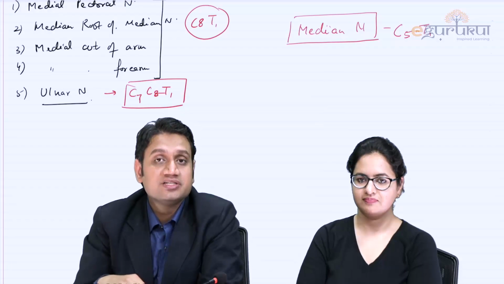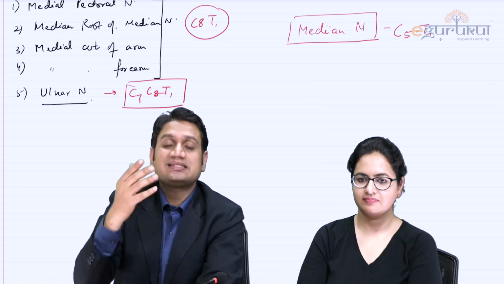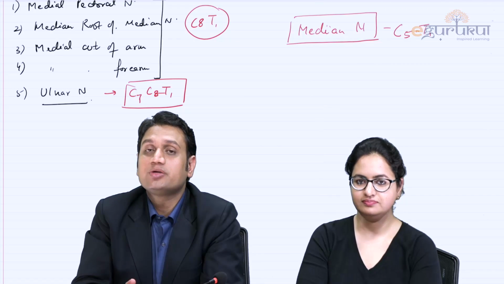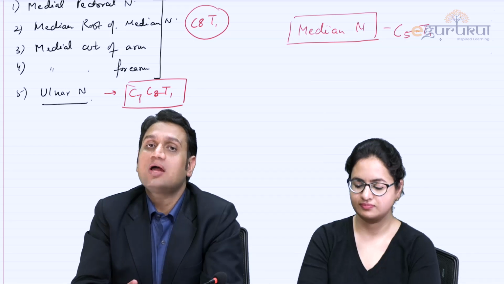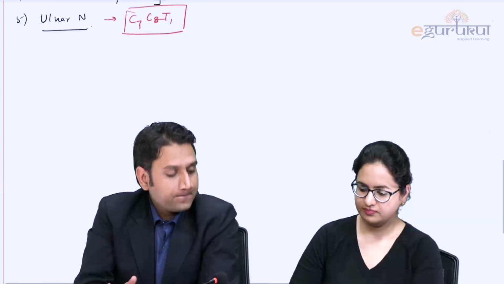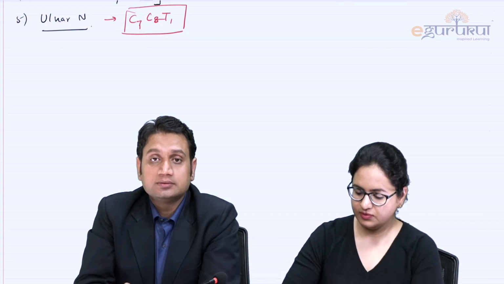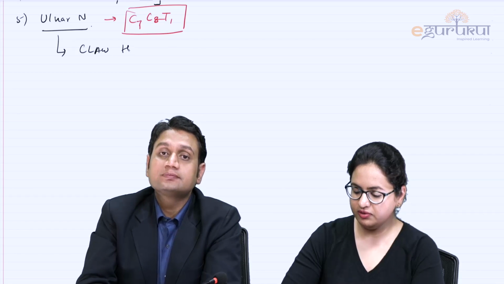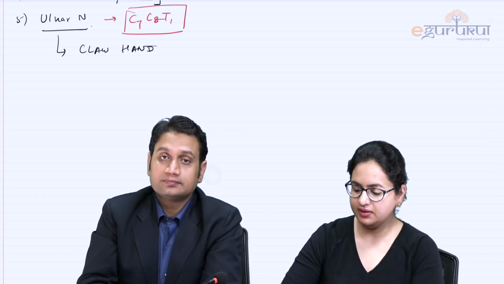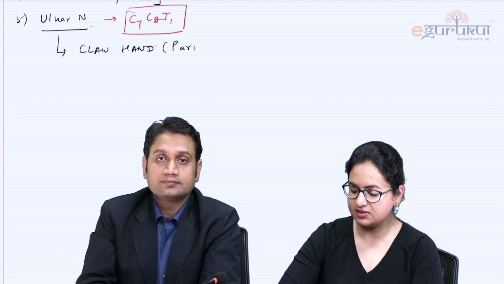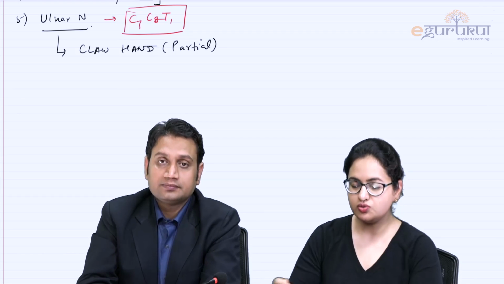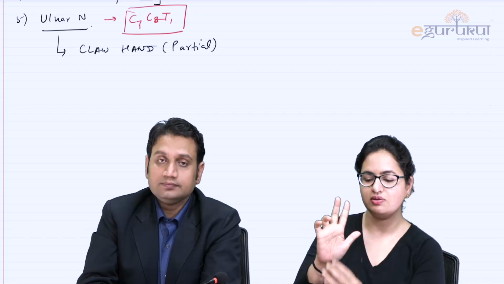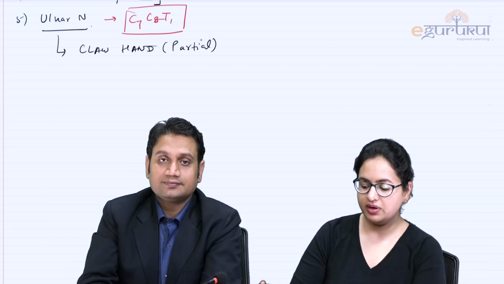And you know that the ulnar nerve injury, its root value is C7, C8 and T1, supplying what? The intrinsics. So all in all, what it is going to lead to is what you call a claw hand. So regarding the ulnar nerve, we say the deformity which can be due to this is the claw hand, and to be more specific, we say it is a partial claw hand, because only the ulnar side of the hand, the fingers over here, go into the clawing. So the partial claw hand is there.